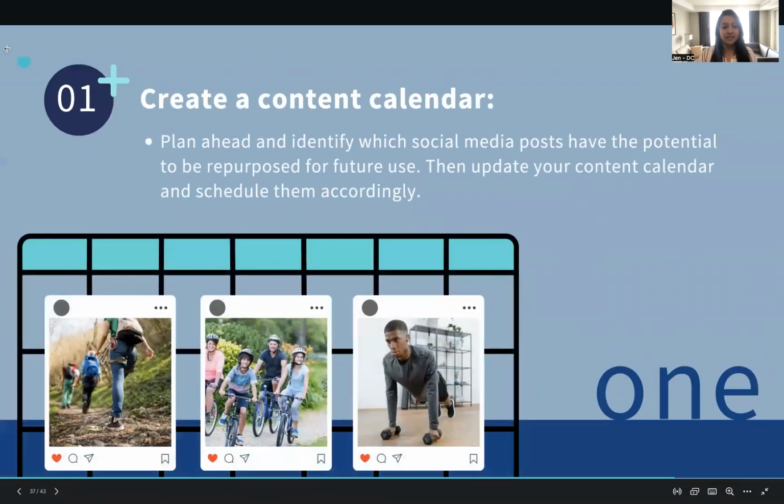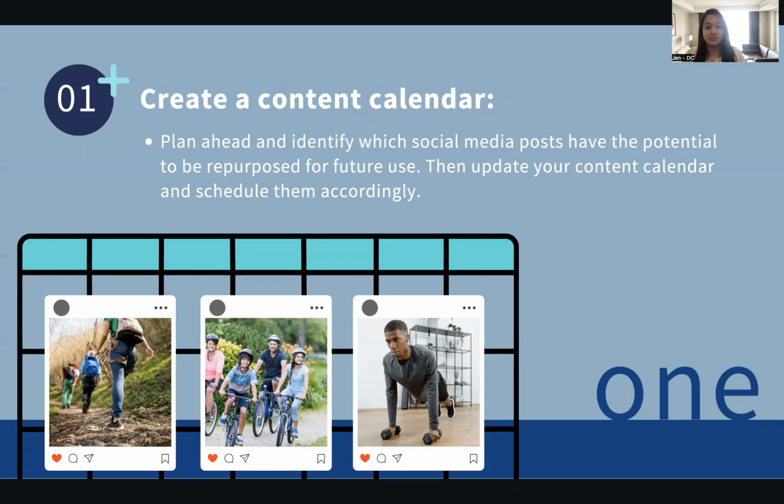One of the first things I would suggest is having a content calendar. And please, please, please, I tell my team this, and we are advocates of this. We do this on a regular basis. We plan our content well in advance. And you might be like, oh, Jen, we don't have time for this. I'm telling you, investing that time saves you a lot of headache and stress. When you have a content calendar, you're able to see what's coming up. Even if you can't do it months in advance, do 1 month in advance, or at least 2 weeks in advance, so it's not stressful.